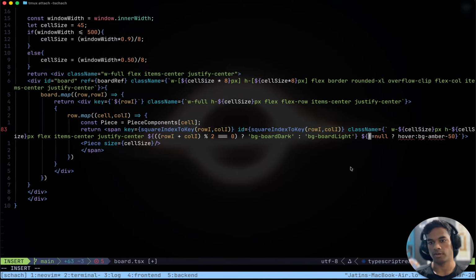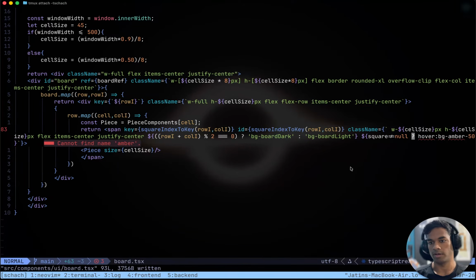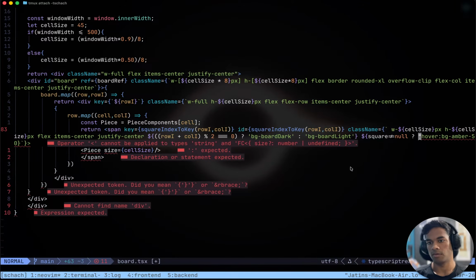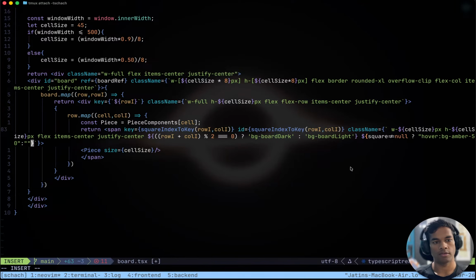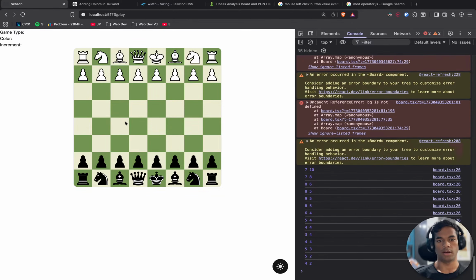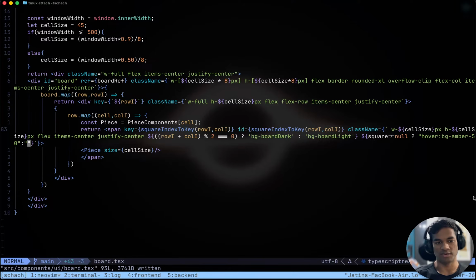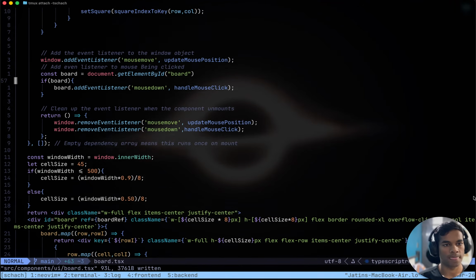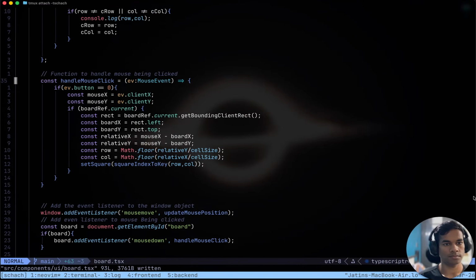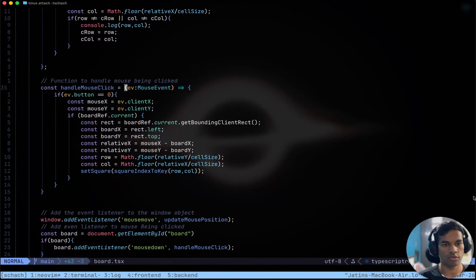Find mouse, because yes, mouse does not exist. Square is a thing that exists. If this, then this, otherwise empty string. Cool. And now we do not see the hover effect, but we only see the hover effect if I click something. Okay, shit. But we also have to change it when we do press down. Mouse up. Handle mouse down.